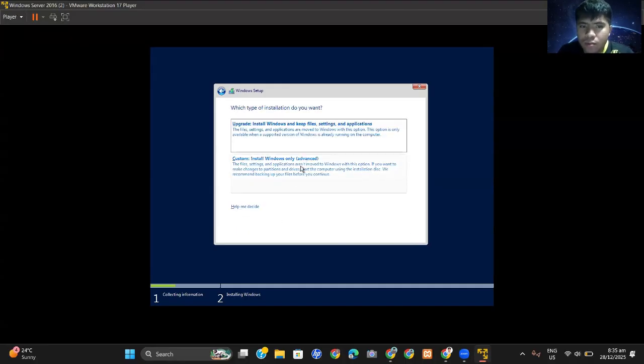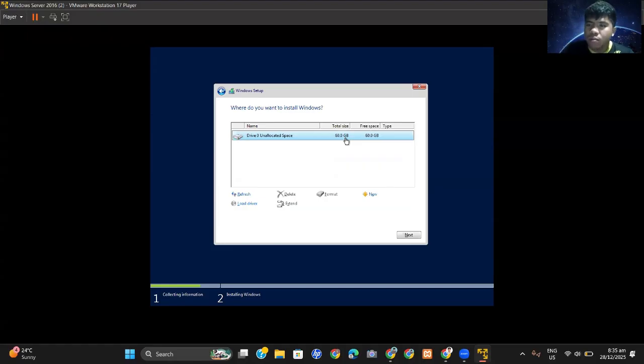So now we need to choose custom here. We cannot delete here since it is new and we are in VMware. But on physical devices, the first thing we should do is delete everything, then create a partition so that we can proceed with the installation process.